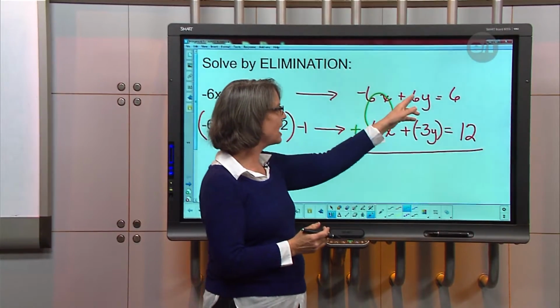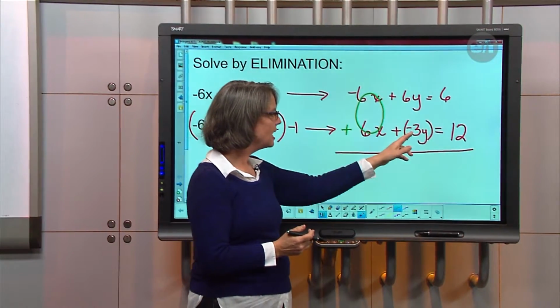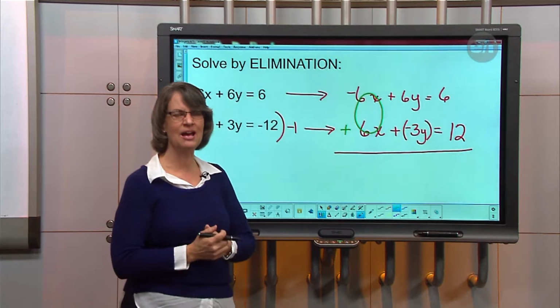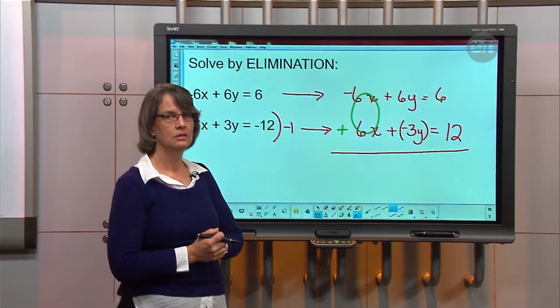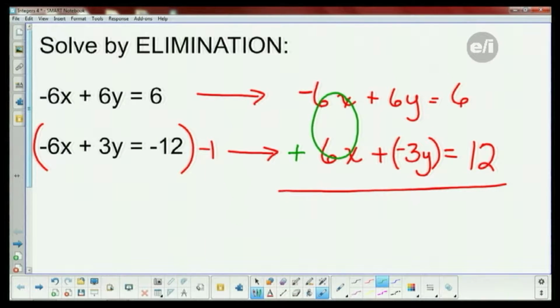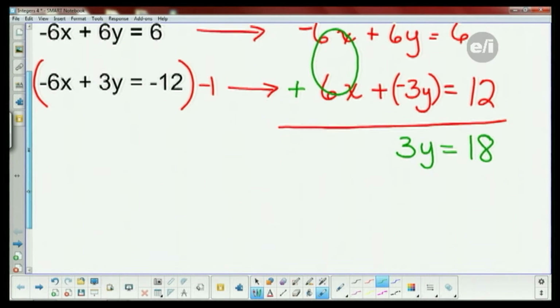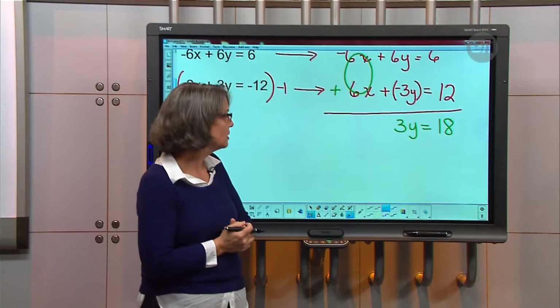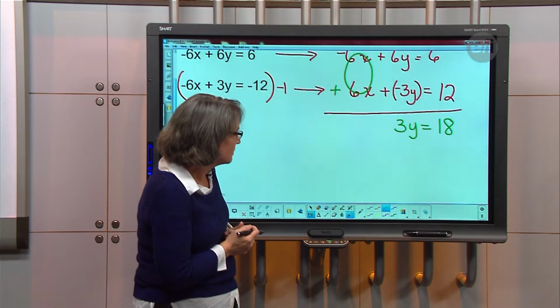All right, so now I've got 6y plus a negative 3y. What do I get now? You get 3y. 3y, because signs are different, you actually have to take them away, so you end up with is it positive or a negative 3y? Positive. Okay, and now I have 6 plus 12. What do you get? 18. 18. Good job. Now, what do I have to do? You're down to a simple equation. You would get 3y equals 18.